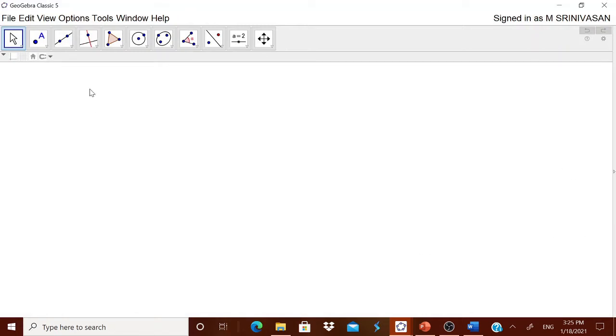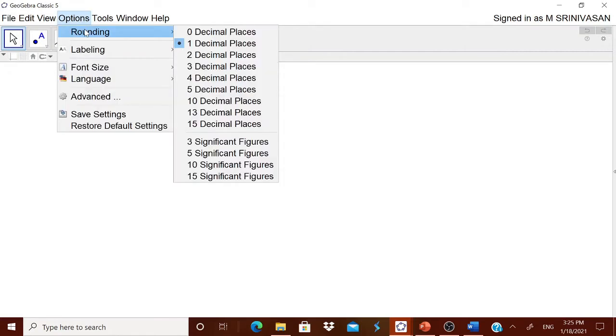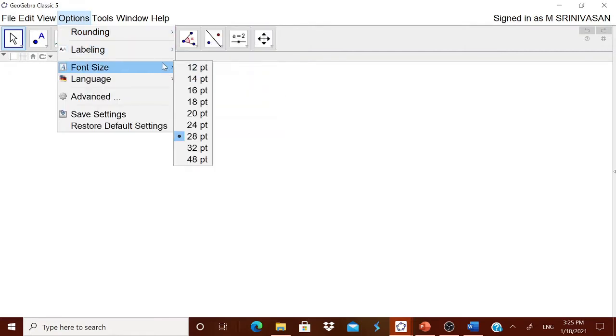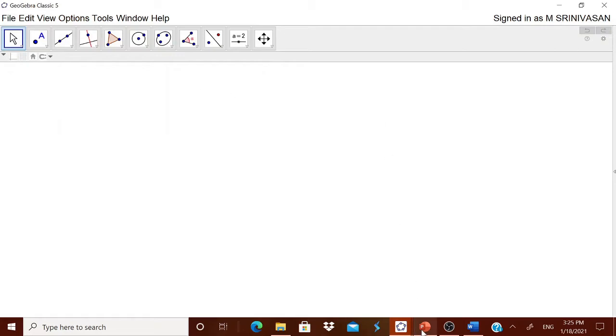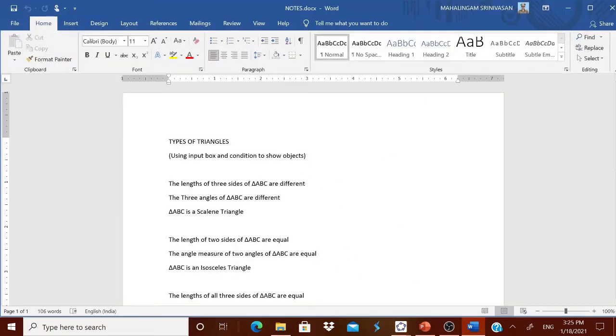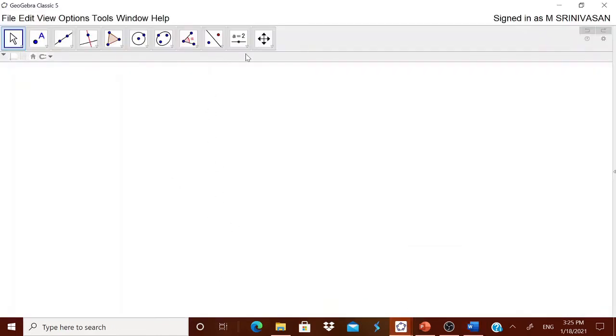I have taken geometry view. In the options, I have taken rounding off to one decimal place and labeling of new points only. As usual, let us start with the heading. I think heading is very important because the headings always will give you an idea to start explaining to the children actually what you want to tell. For example, I want to explain them the types of triangles, and if you are having this text box and helping them with the text box, the child will learn better.